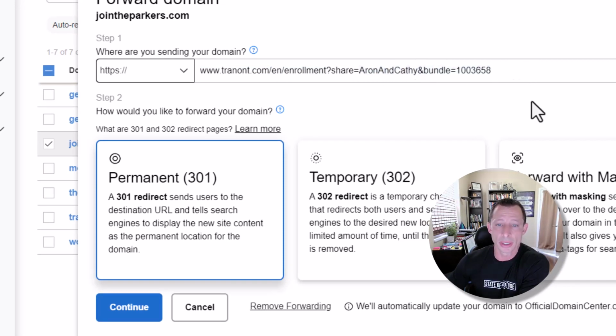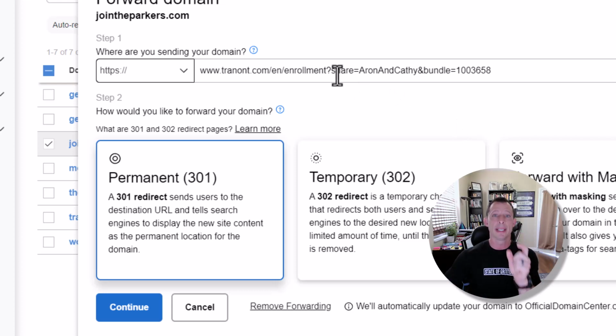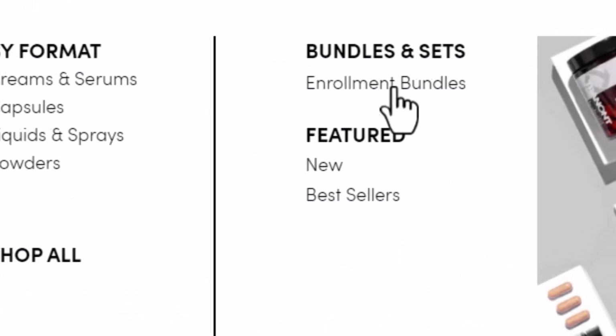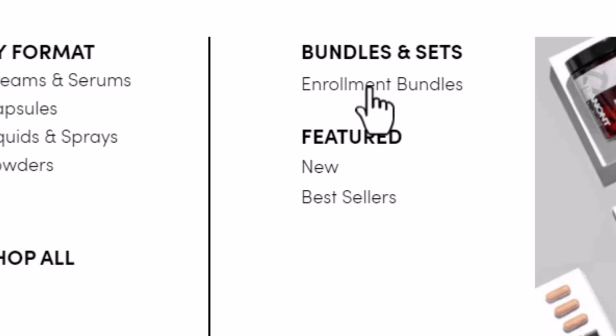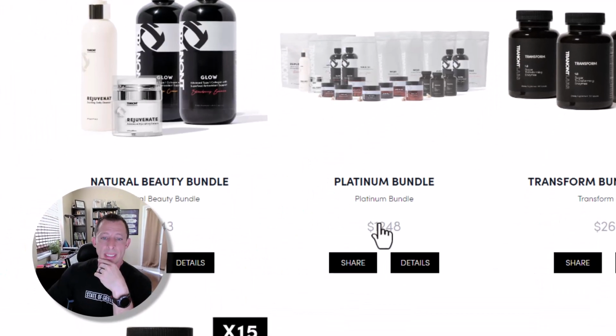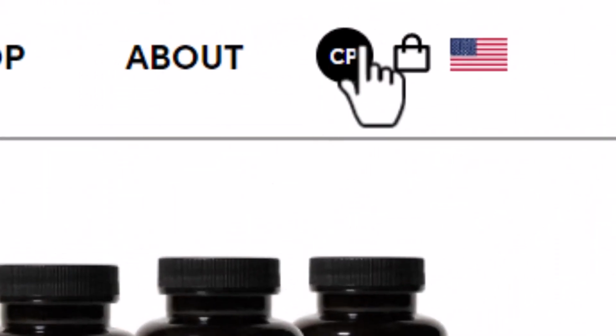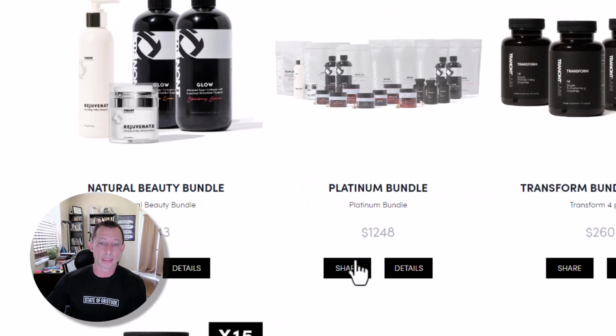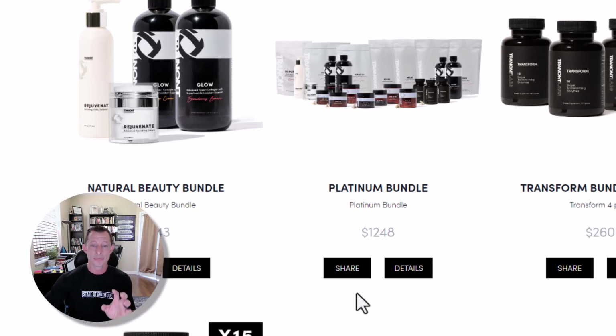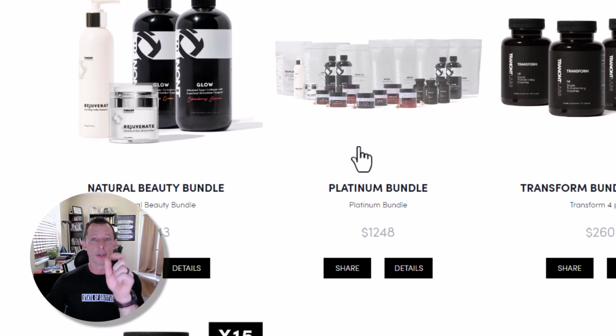Now, if you're not sure how to get a specific link to a bundle, it's very simple. You simply go to the website, you go to enrollment bundles, and you need to be logged in to your account, which would be up here. You'll see your initials in this little black circle. Then you'll be able to click share. When you click share, you see it just said link copied. So now the link to this platinum bundle with you as the enroller is copied to your clipboard.